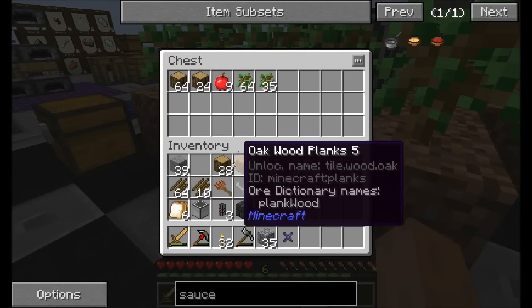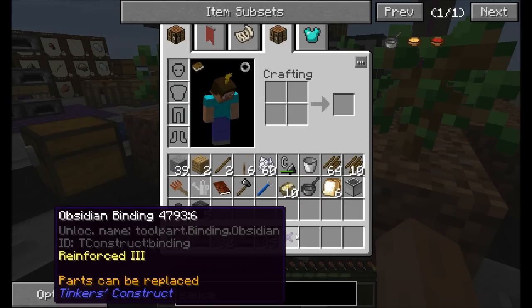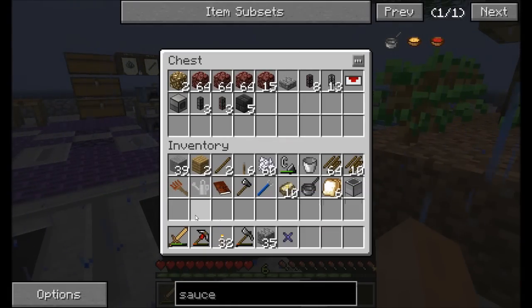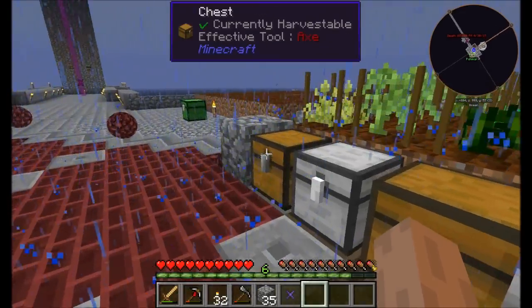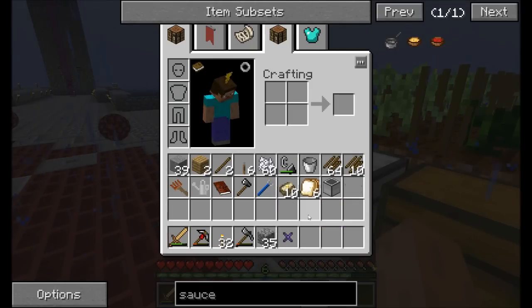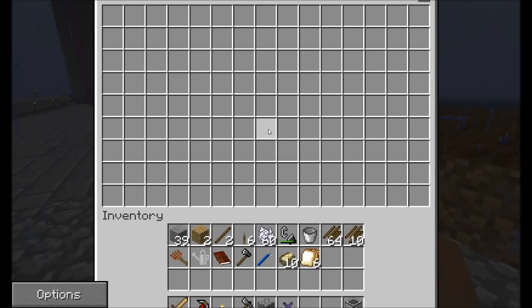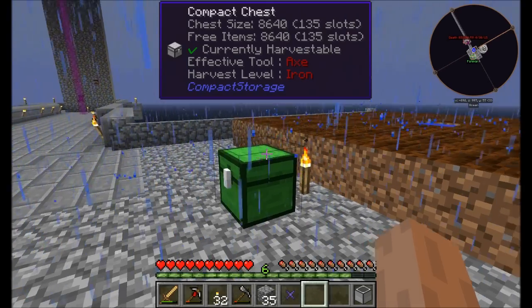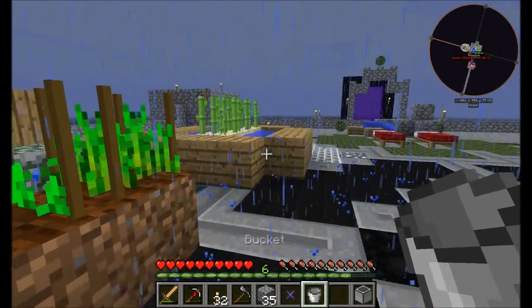Alright, so now that we've kind of organized a little bit, the next thing I want to make... So I got the obsidian binding, but that's all I have from you. Alright, so I've got the iron planter. We're definitely going to look at that this episode. You can see I've even made a green compact chest ready to store a whole bunch of inventory stuff for us. I wanted to test if I get a bucket of water...